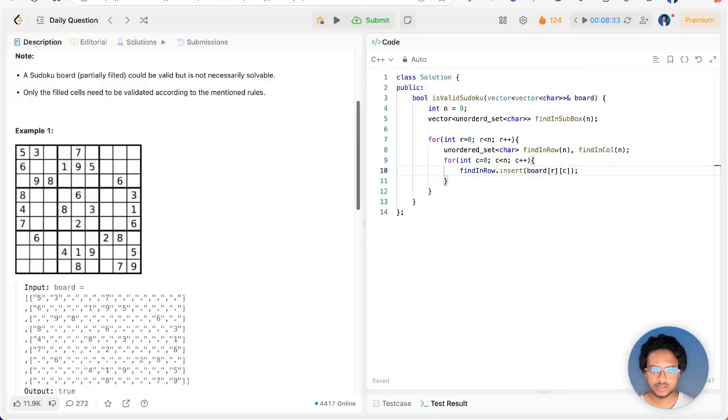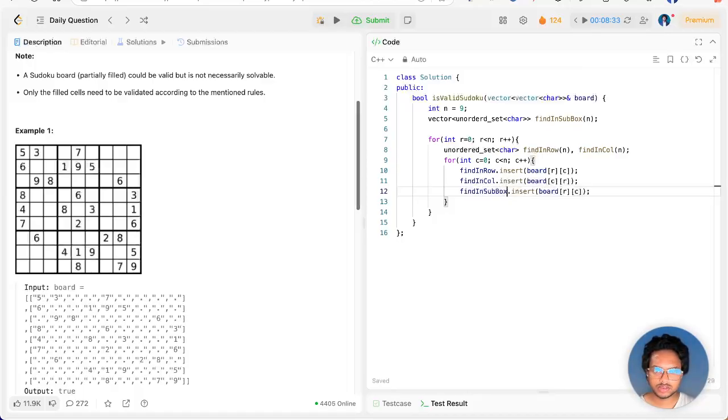That's it. And here I can say find in column, and I'll be swapping the values. Okay, so it will be column and row, I already said, and here it will be find in